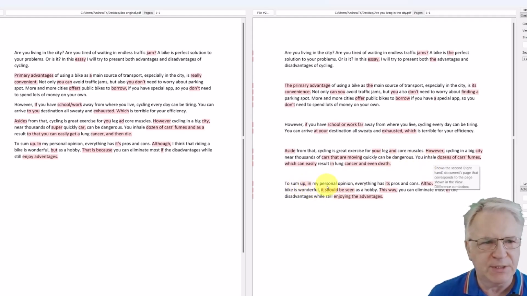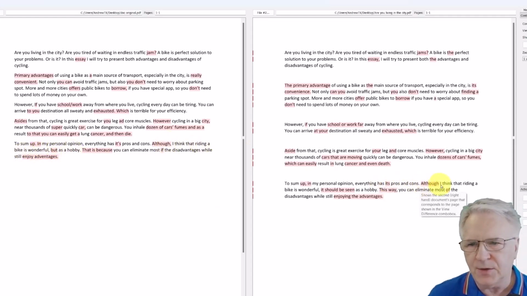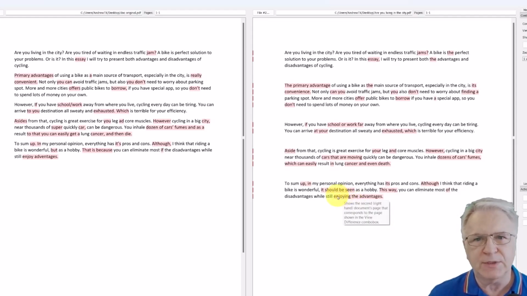To sum up, comma, in my personal opinion, because he did a full stop here, and other things like riding a bike. I think that riding a bike is wonderful, but as a hobby here, although I think that riding a bike is wonderful, it should be seen as a hobby. Wow, that's beautifully written, much more accessible for reading. So if you're a student, this will really help you, and it will also help the teacher